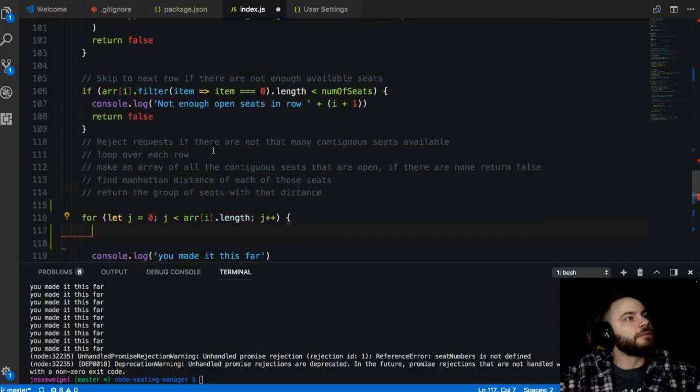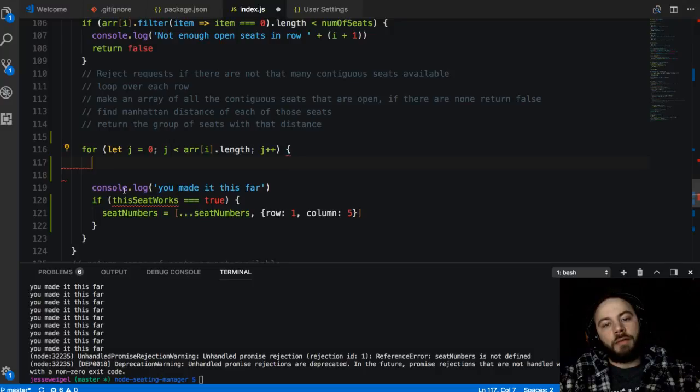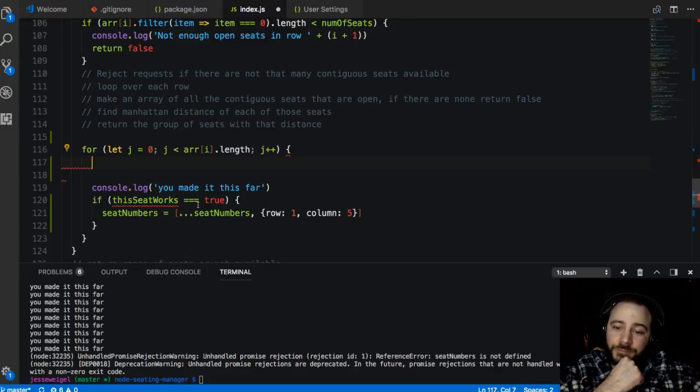Alright, so if it's gotten to this point, we already know that it's 10 seats or less. The rows are long enough to handle that many seats, and there are that many seats actually open in the row. So now we need to figure out how many consecutive seats there are. So I guess what we could do is